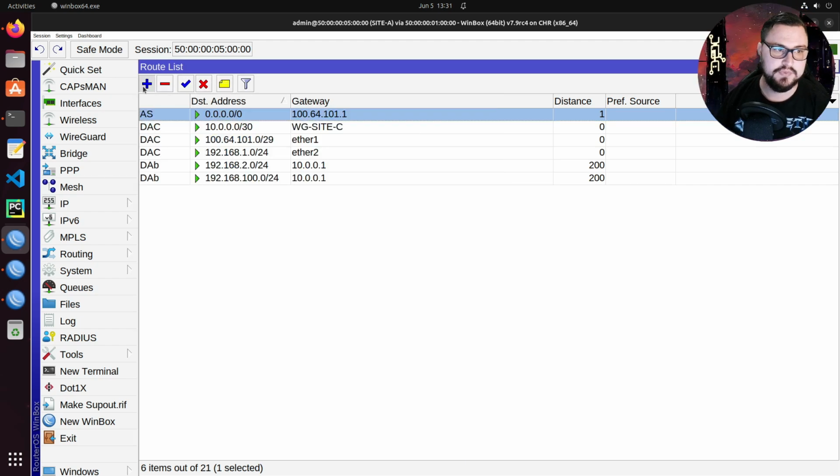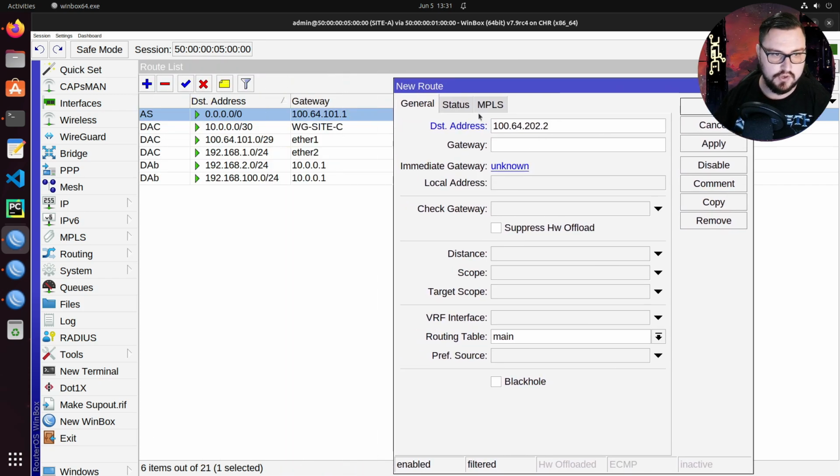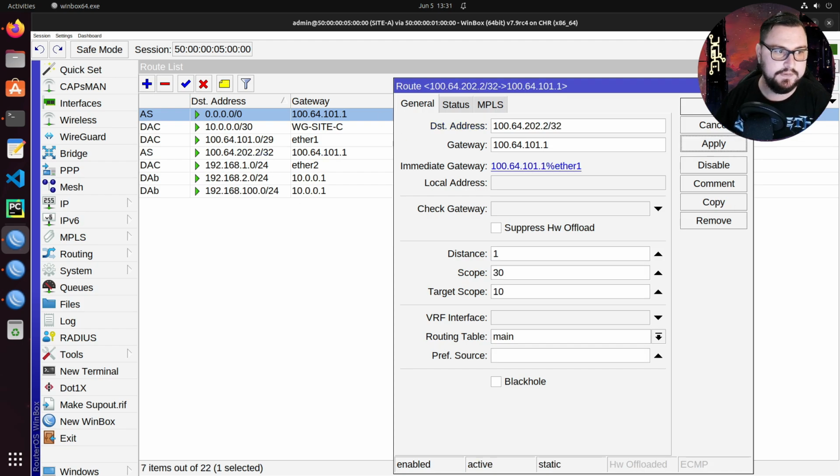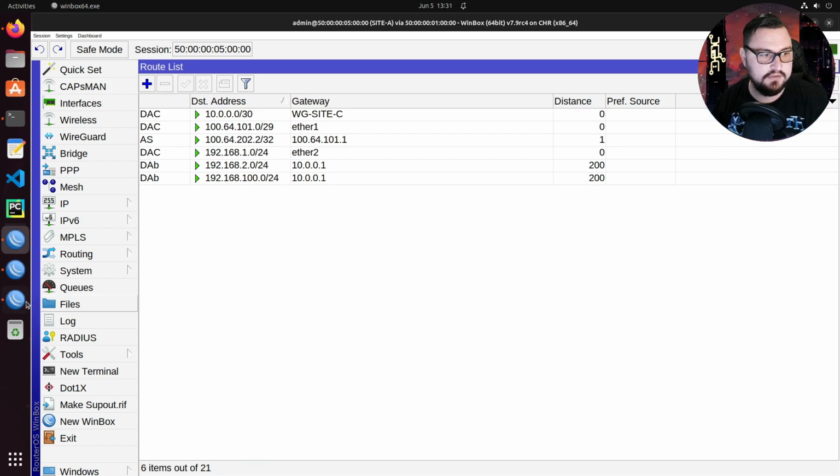So an example would be, if I want to get to 100.64.202.2, I must use 164.101.1, which is my normal gateway. So I'm going to apply that, and I'm going to show you guys something sick now, something cool. So I'm going to delete this default route out on the site A MikroTik, and if I go back to